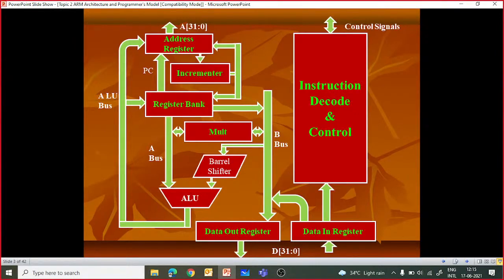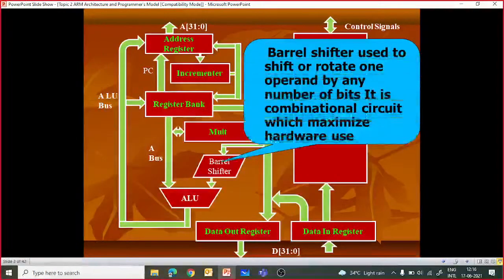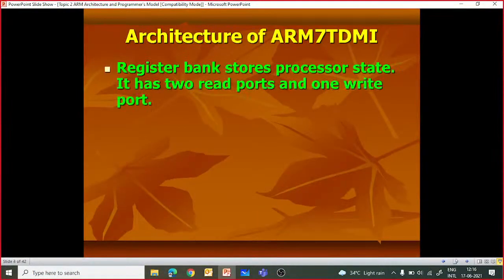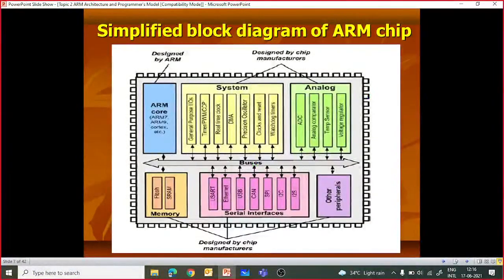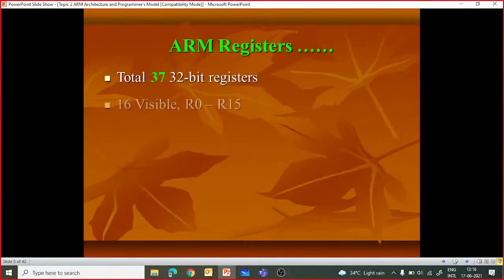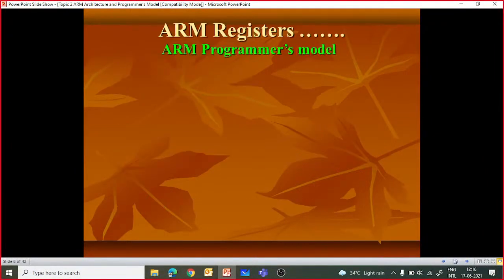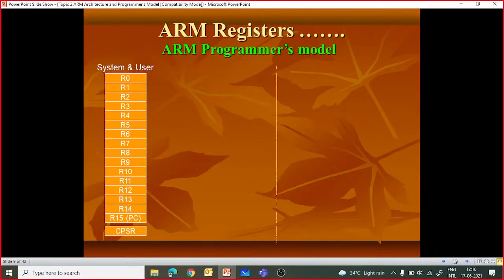things with this core in order to make the ARM chip. That means you have to add timers, GPIO, interrupts, serial ports, everything you have to interface and connect with this ARM core to make the ARM chip. We have already discussed this yesterday, so I will not discuss it again now. We also discussed the barrel shifter, hardware multiplier, and the programming model of the ARM processor.